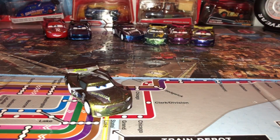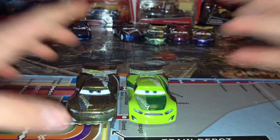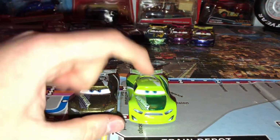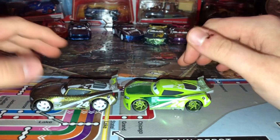And just to let you know, these endurance races do not have segments. They're unibodies, except for the windows. The windows are plastic. So let's compare him to his normal variation. The normal variation has a lime green and a metallic forest emerald green. And the endurance one has